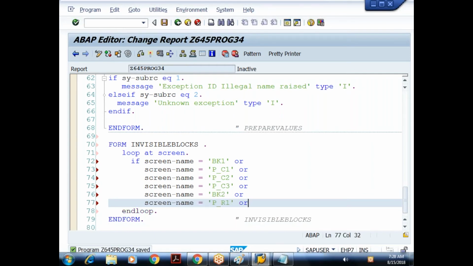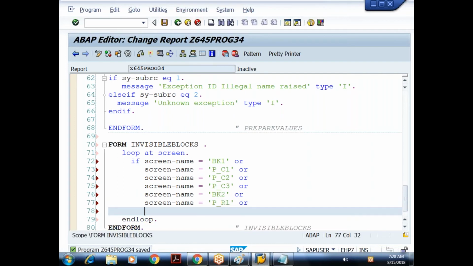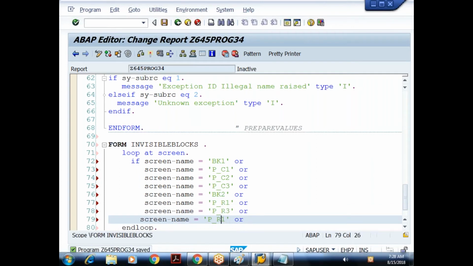P_r1, or like this you have to write the logic. P_r2, P_r3,